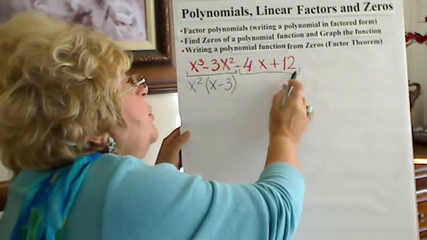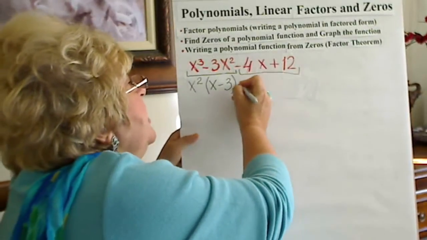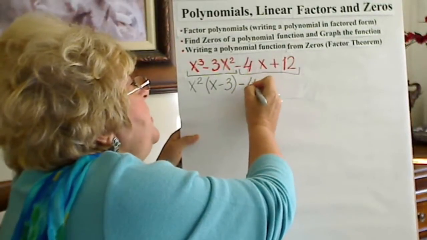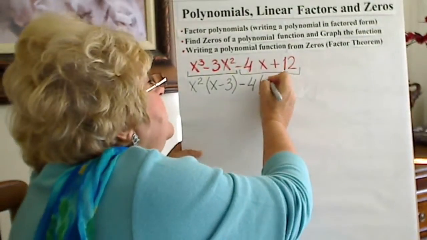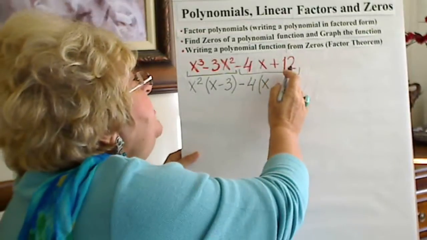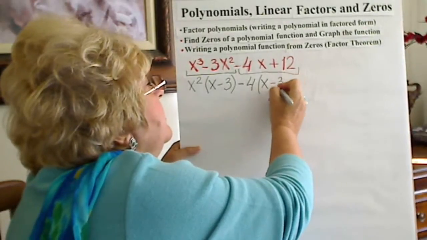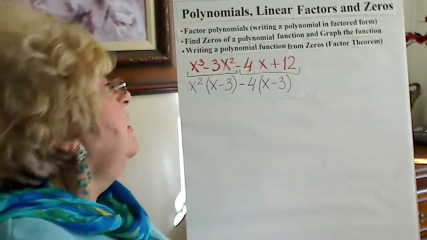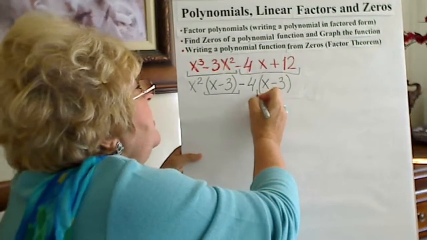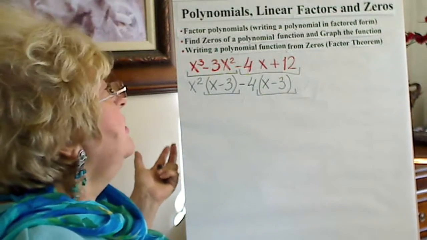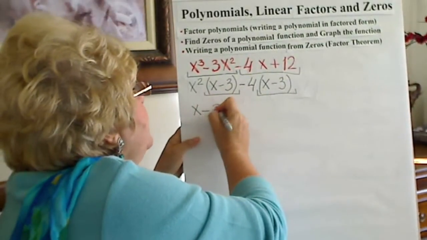Right now we look at the other two terms, negative 4x and plus 12. We can put negative 4 outside of the parentheses. Negative 4x divided by negative 4 will be x, and positive 12 divided by negative 4 will be negative 3. Now we see that we have the same x minus 3 here and x minus 3 over here, so we can factor more. We will write x minus 3